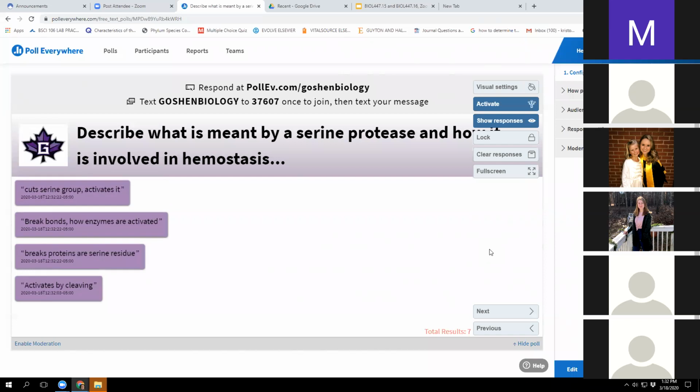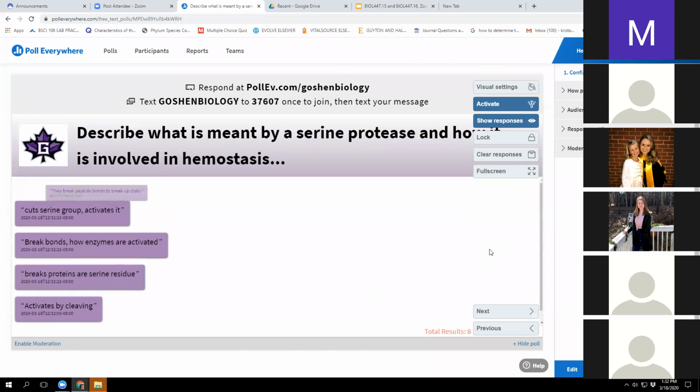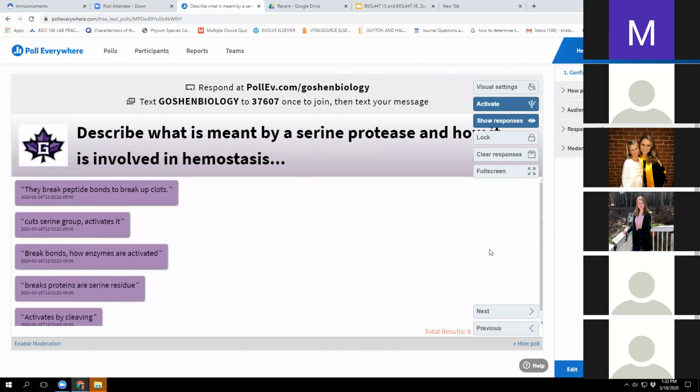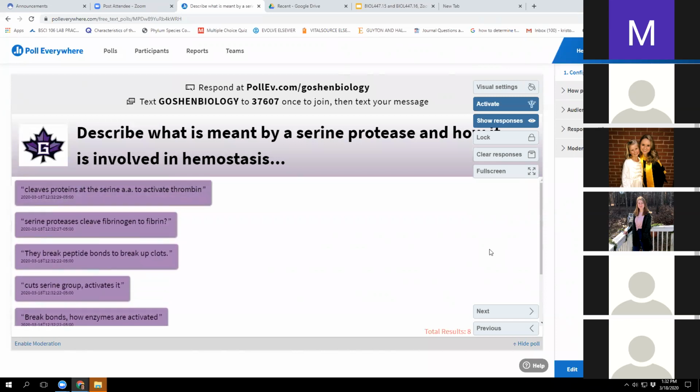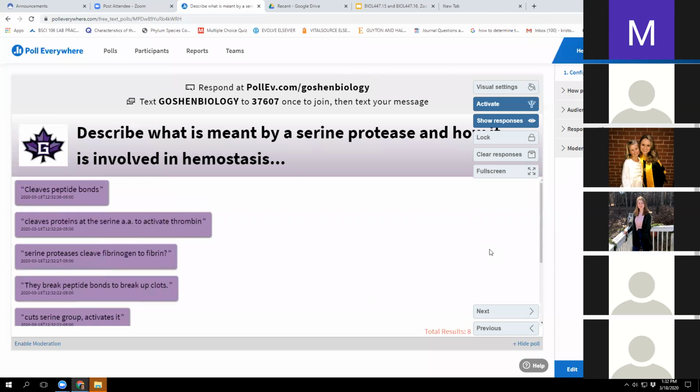Yeah, these are great. So proteases cut proteins. In this case, they cut at a serine. Whenever you go from factor 10 to factor 10 activated, that happens because another factor cleaves an inhibitory domain off of that factor to make an activated version. That's great.